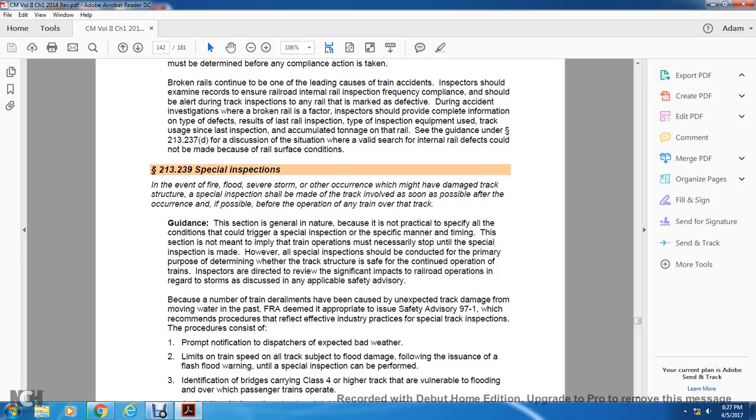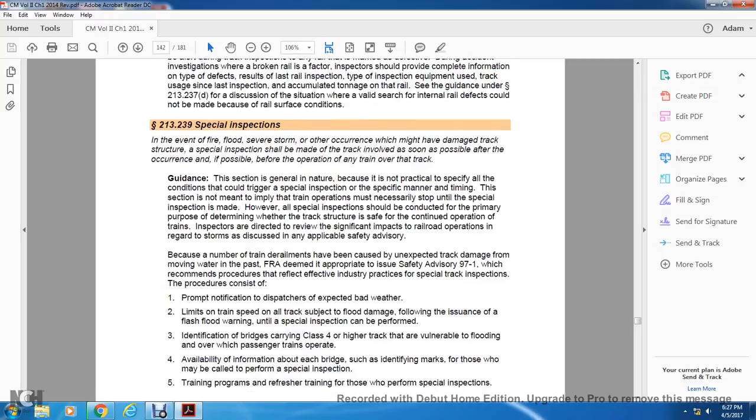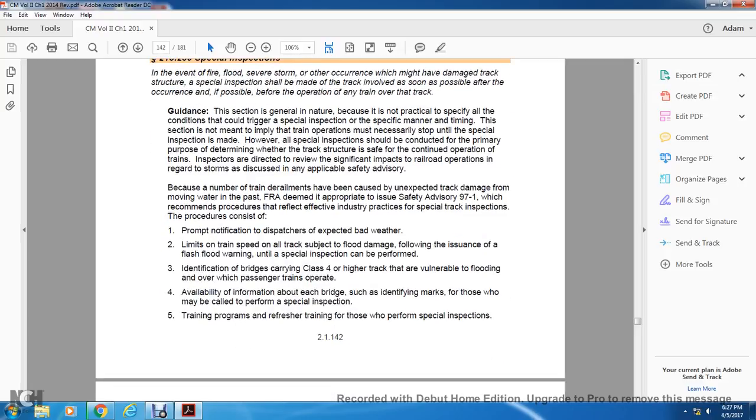The inspector should direct the review of the significant impact of the railroad operation in regard to the storms that is discussed in an applicable safety advisory. Because a number of train derailments have been caused by unexpected track damage from moving water in the path, the FRA deemed it appropriate to issue safety advisory 97-1 with the recommended procedure of the relatively